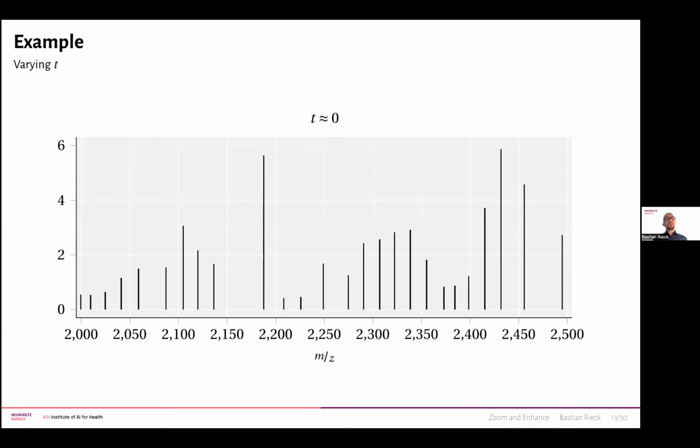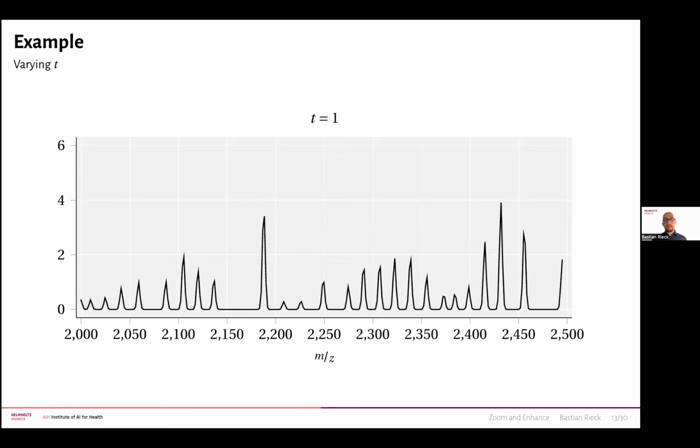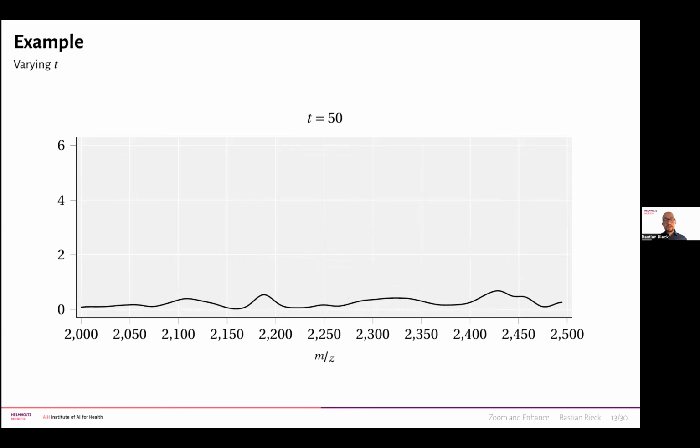Now, let me show you an example of what this parameter T does in practice. Varying T is akin to just smoothing or blurring out the full function. So for T almost zero, so no smoothing at all, we just get the original peaks that we supply. If we go a little bit higher, we get something like this. If we go higher, we get something like this, and so on and so forth, until at the end, more or less, we have smoothed out everything and we should get a flat function. Of course, flat functions are not really useful, because if you have the flat function, then everything is similar or almost equal to everything else. So there is clearly a trade-off region, and it makes sense to find the best parameter,